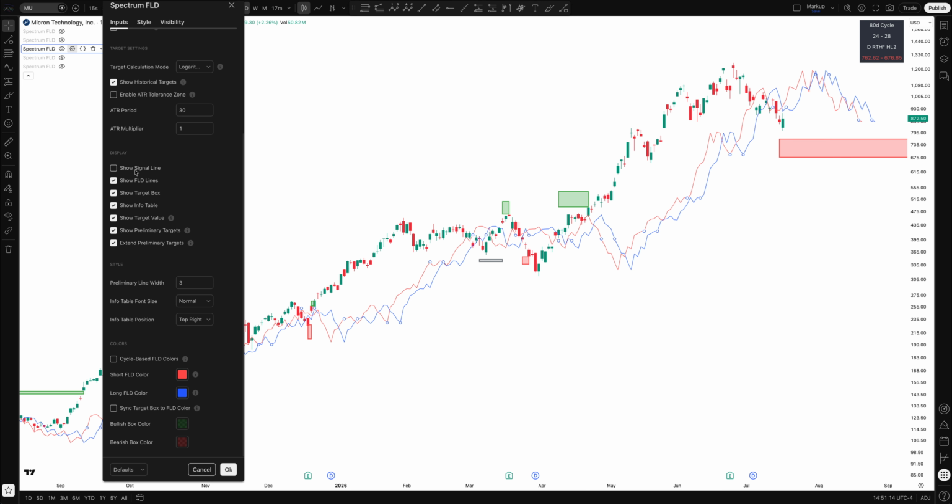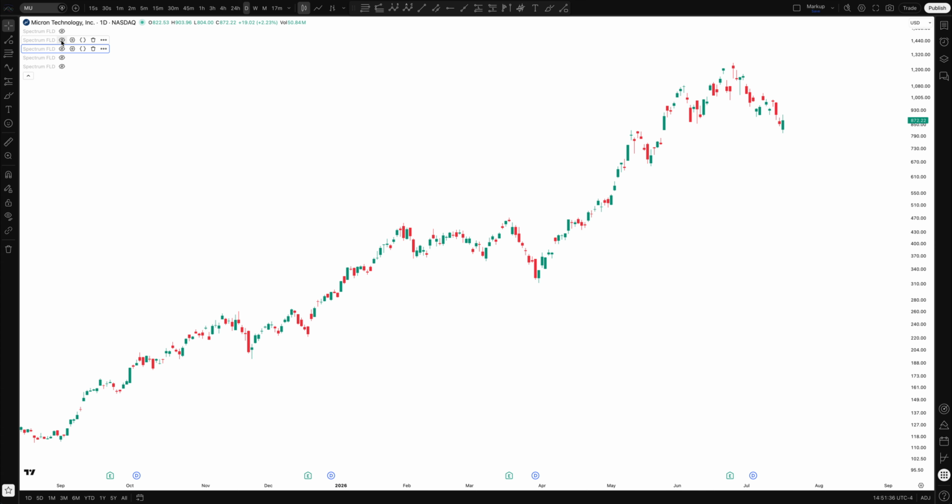You can change the display settings, toggle the signal line, which is just the midpoint, on and off. Toggle the FLDs on and off, target boxes on and off. Info table you can turn off, or within it you can turn off the display of the target value. And preliminary targets, which if we can find one,